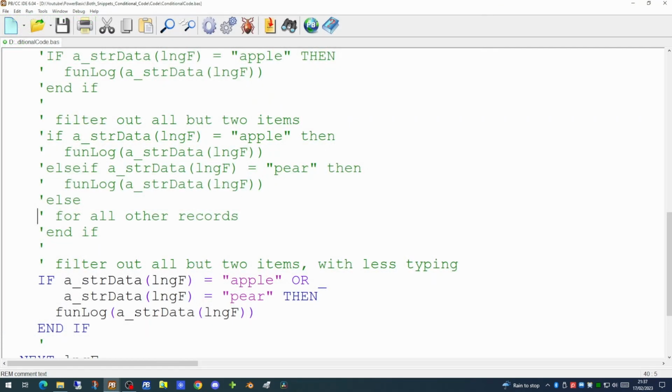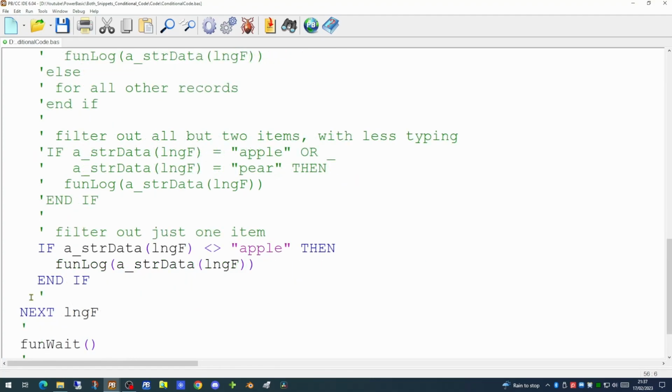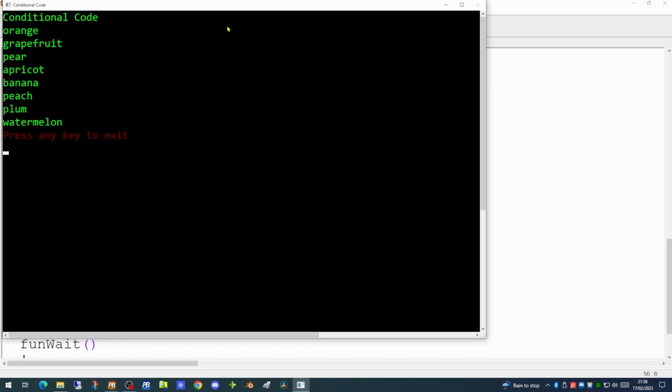However, what if you wanted to print all values out except one? You wish to exclude a value based on the string. In this case, we can actually use the not equals. If the data in the element is not equal to apple, then we print out to the log. If we try running that now, we would see we get every value except the one that's marked as apple. So we can quite happily exclude a line of data using this command.